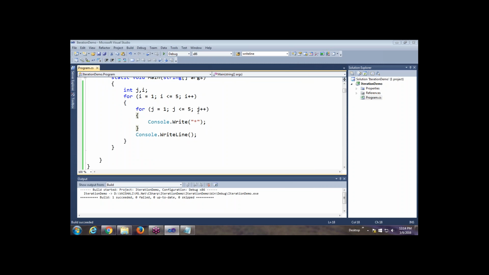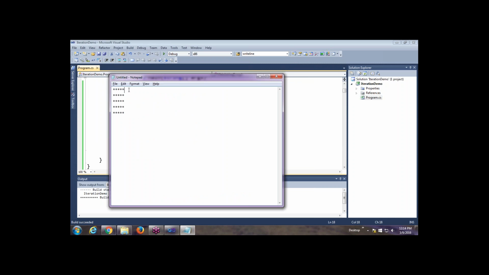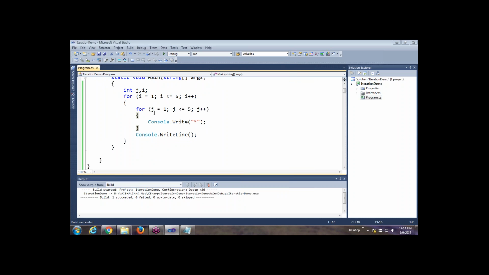Now after this, let us say my requirement is something like this. On the first line I want a single star, then 2, and then 3, and then 4, and then 5. This is my requirement. So if I want only one asterisk symbol, I should write something like this: j equals 1, j is less than or equal to 1. This is going to display only one star symbol. Next time, instead of writing 1, I will have to write 2 for getting 2 asterisk symbols. In the third line, I would require 3 stars, then 4, and then 5.